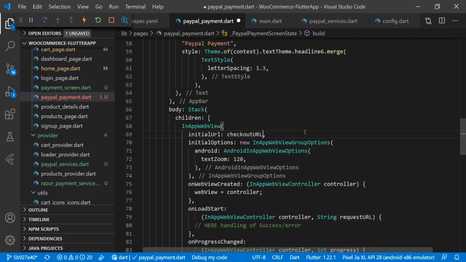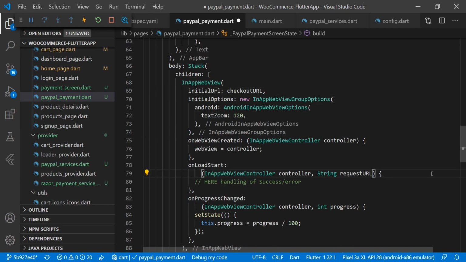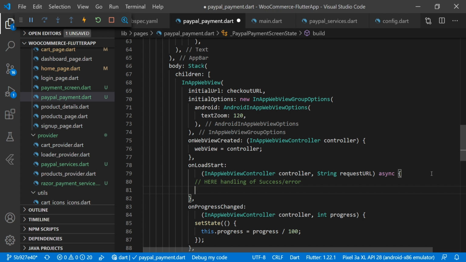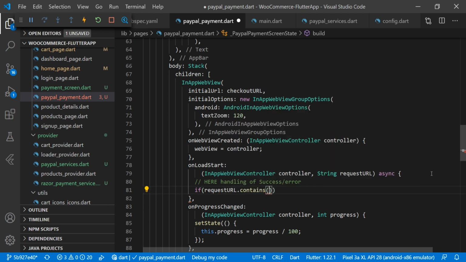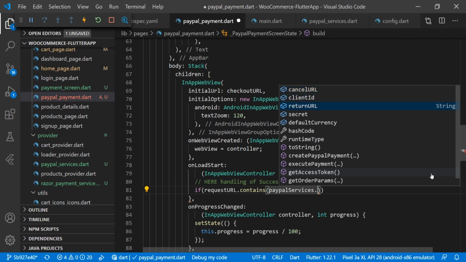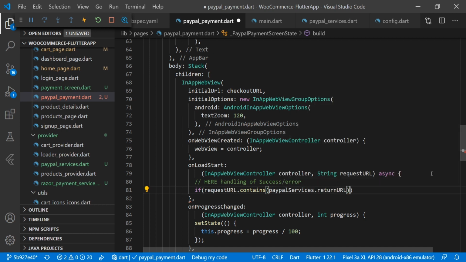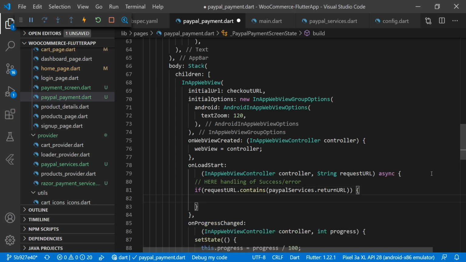So here we will make it async, and we are checking if the requested URL contains PayPalServices.returnURL. Then we are handling that payment success and all.